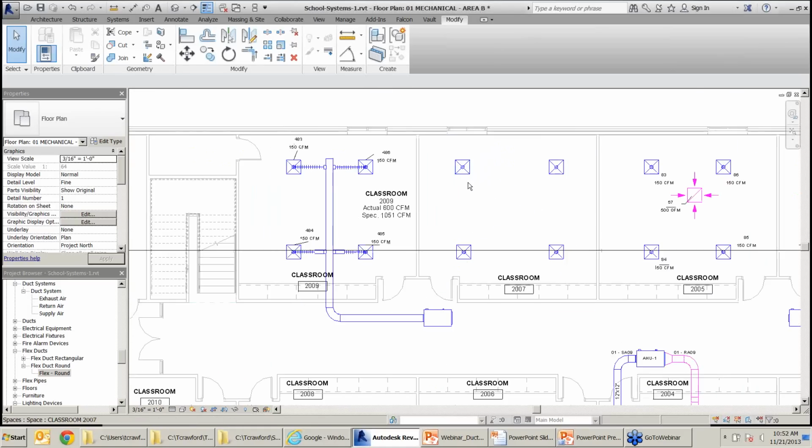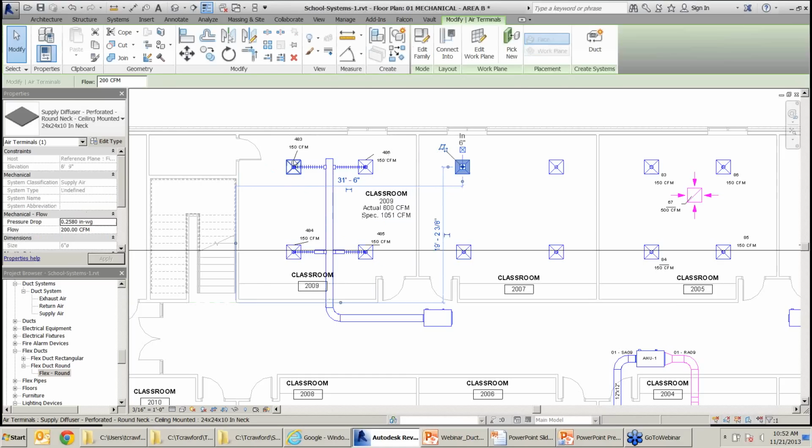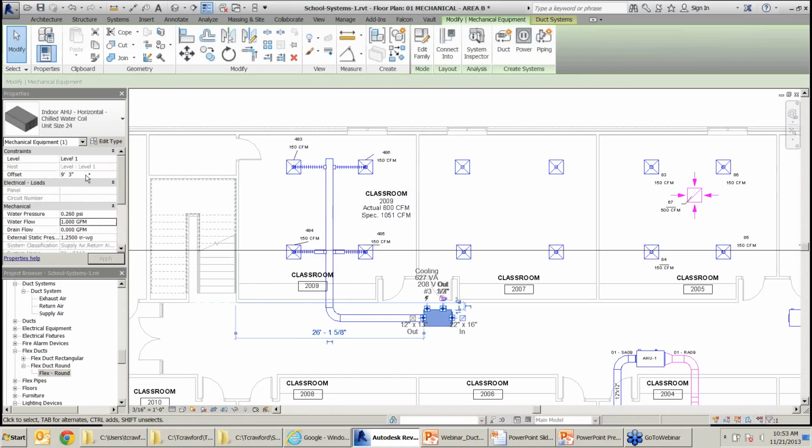I would create a system here. I would do it again, and with a little practice, taking a look at some settings. Because I didn't even look at the height of my air terminals. Oh, that was 8'9". These are 9 foot. This is at 9'3". My mechanical equipment's at 9'3". So I might have to just make a note to myself, so I know where I want to run